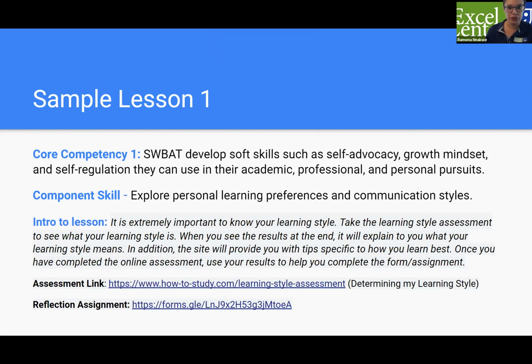So this first sample lesson focuses in on our first core competency, where the goal is for students to develop soft skills that they can use in their academic and personal pursuits. So one of our component skills is exploring personal learning preferences. So as you can see here,